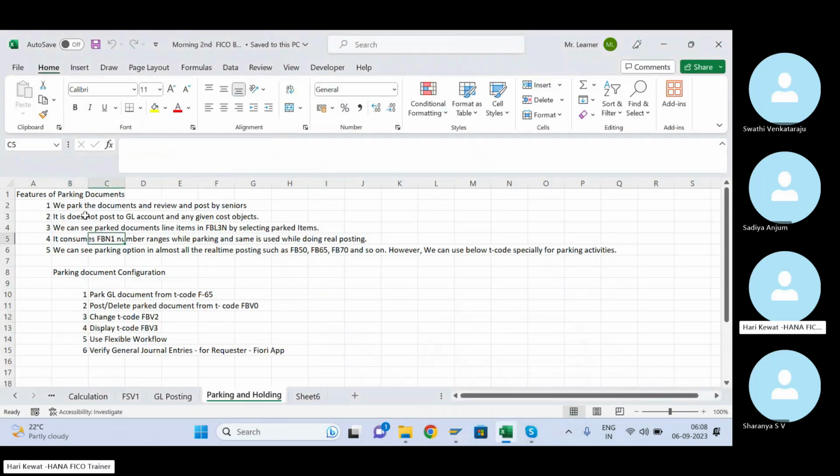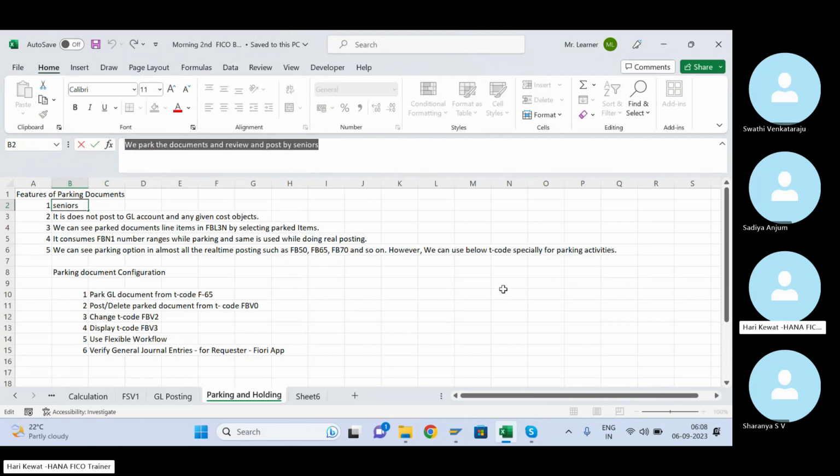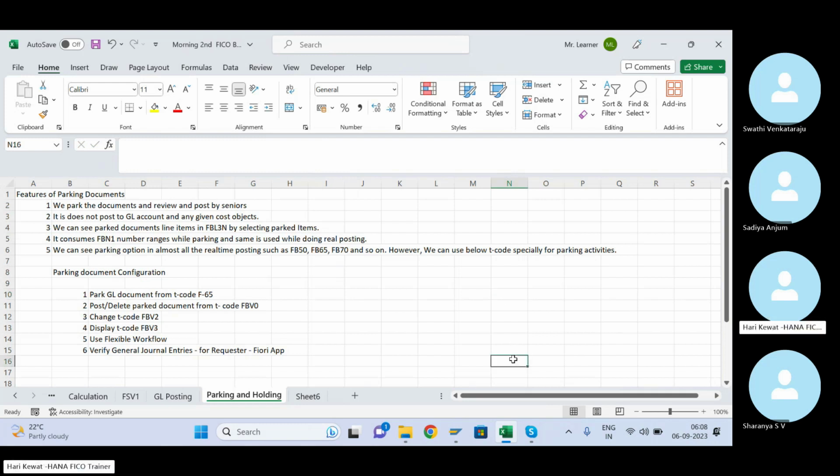So this is what I have written here. We park the documents, and they are reviewed and posted by seniors. That approver, how many layers you have built, there is no hard and fast rule how many layers you want to build. It's up to your business.